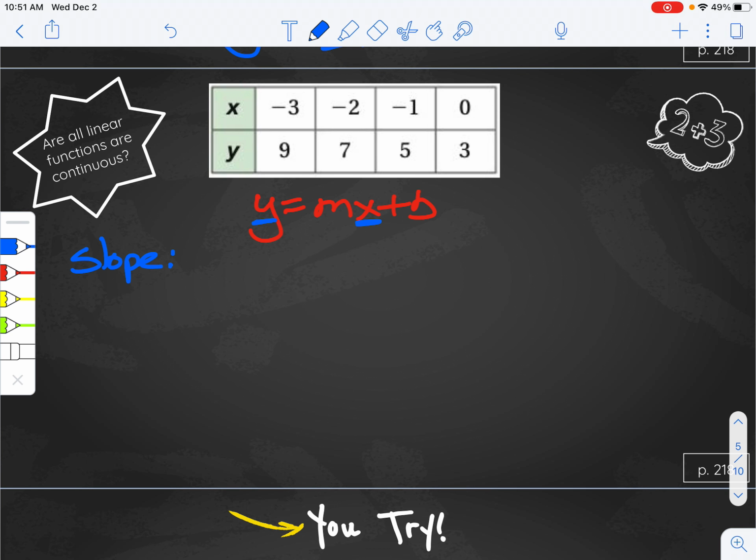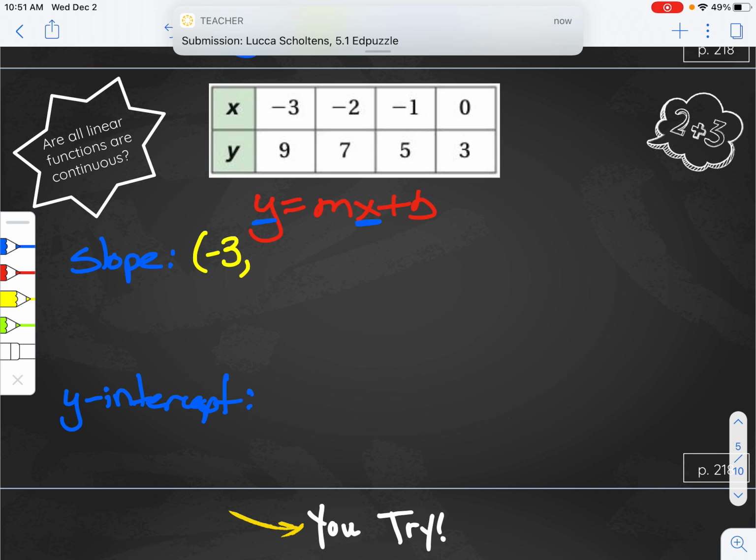So we just need to find our slope and our y-intercept. For finding slope, let's say we choose 2 points. Again, we could choose any 2 points. Let's say we choose -3,